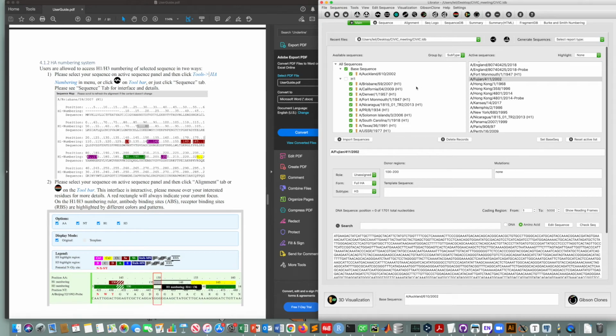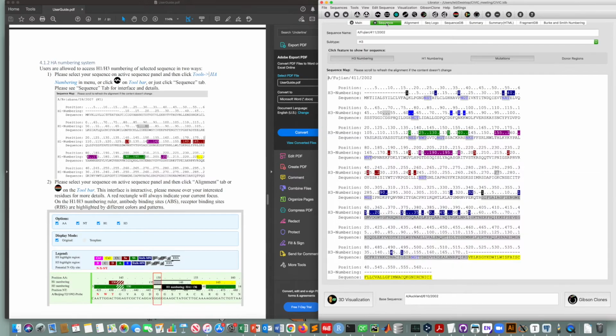We implemented an HA number router for influenza sequences in Librator, so users can easily locate their residue numbers for any of their sequences. To activate this function, users just need to click any of their sequences, then go to the sequence tab. Then, as we can show here, their sequence will be aligned with the H3 numbering template and shown with the